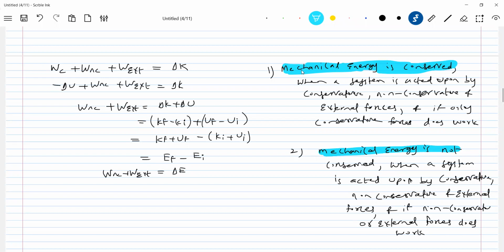So therefore, the work energy theorem is applicable in all situations. Conservation of mechanical energy has a limitation: only when conservative forces do work. So in the exam, what do you prefer? The work energy theorem, you'll be on the safer side. You need not bother about identifying conservative and non-conservative forces, then the work done by them, which forces are doing work and which are not. You can directly go for the work energy theorem and wind up the problem.